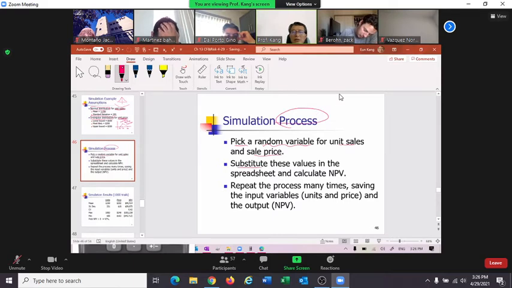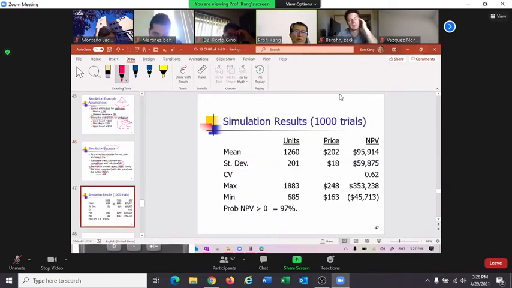And it substitutes these values in the spreadsheet and calculates net present value. Then you have one outcome, right? Then repeat the process many, many times. Then you're saving input variables and output, right? Then you will have thousands of outputs. As I said, by hand is almost impossible. It takes too much time, but using a computer, it generates quickly. Then after 1,000 trials,